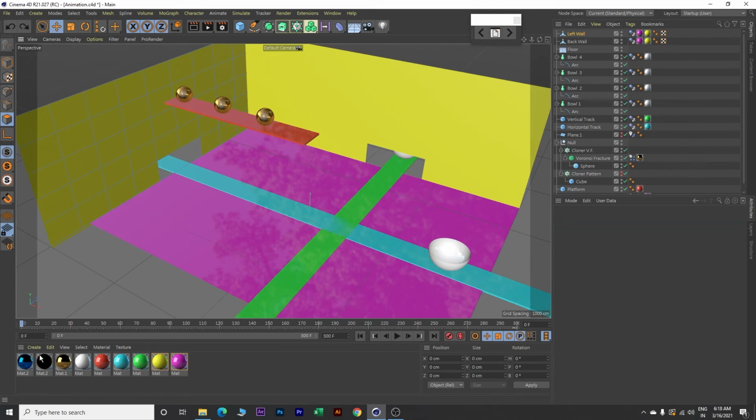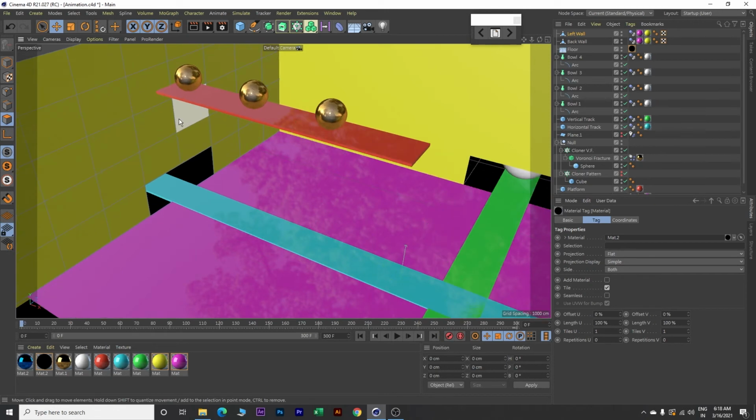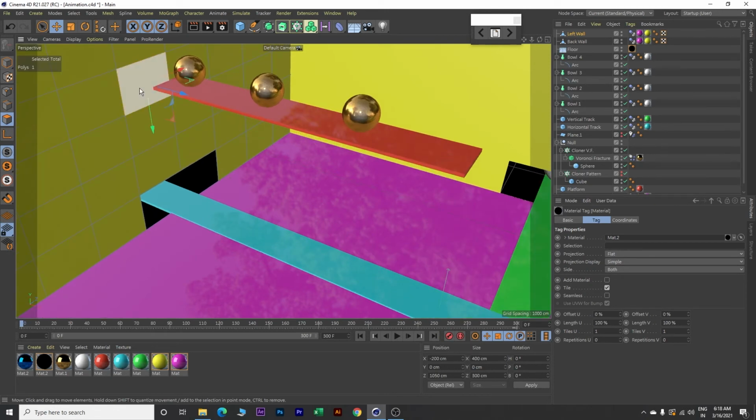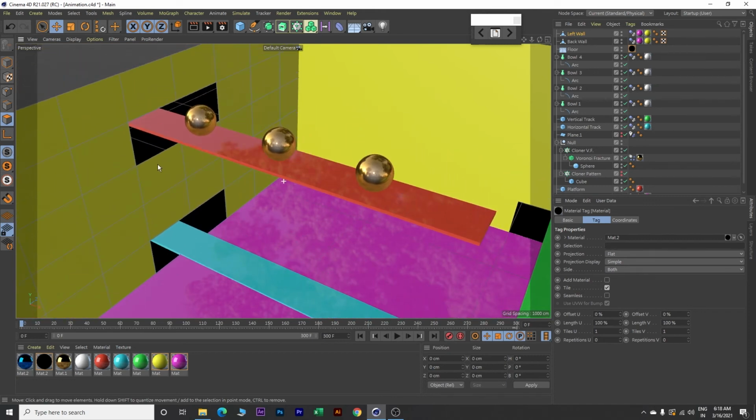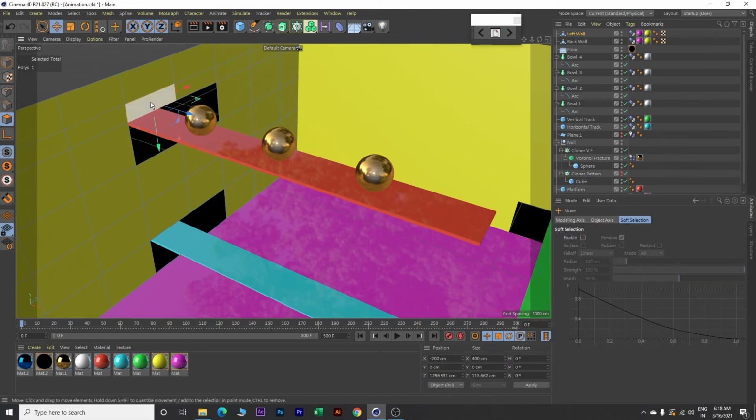Next, drag this black color and drop it over here on this floor. So the floor will be a black color. Next, zoom in, click on this, delete it, click on this, delete it. Now right click somewhere here and use loop path cut and make a cut over here like this. Click E on your keyboard, select this, delete, select this and delete. Okay, so this looks good.